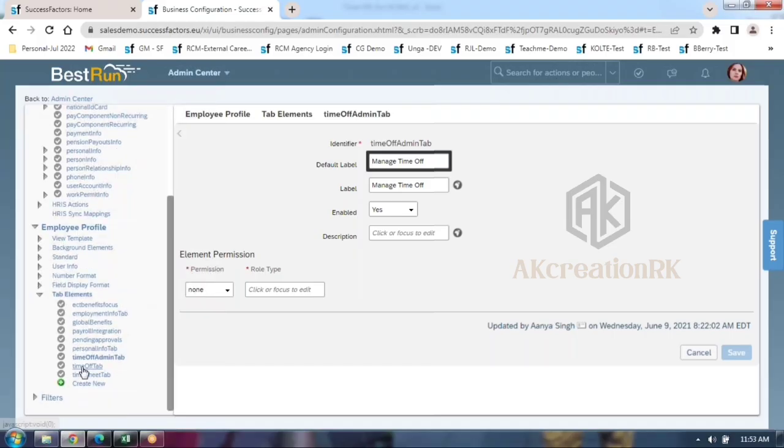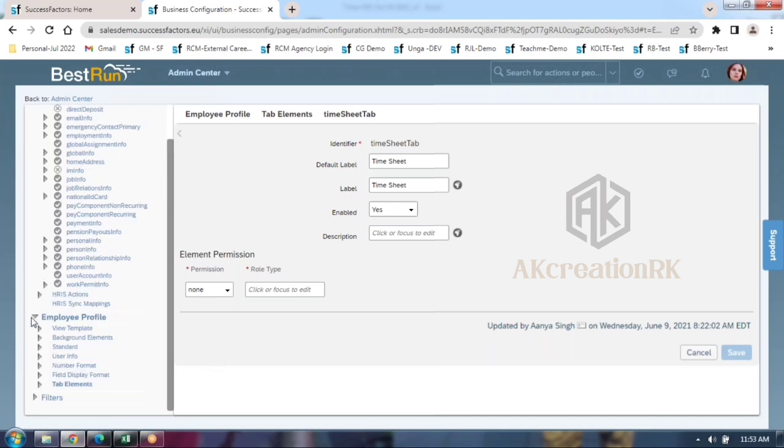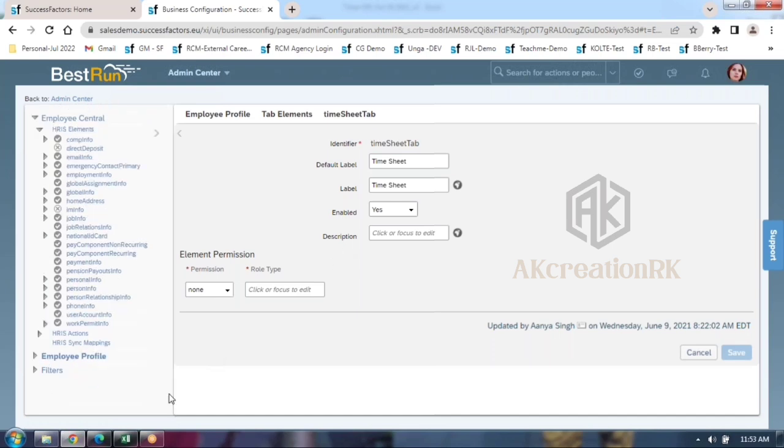Yes. Then the time off tab, employee, yes. So if you have a timesheet, you can go and cross check, else no need, guys. See, timesheet is also available, right? By default it is yes only, but still you have to cross check. Once it is done, then you can start to build a project.